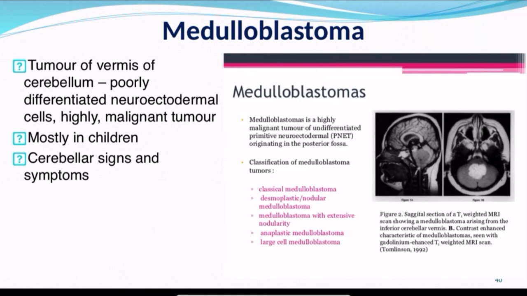The cerebellum itself can be pinned, and its parts can be asked. Its blood supply can be asked. Its function can be asked, or its fissures can be asked. So anything like that can be asked as a spotter for gross anatomy. For discussion, the cerebellum can be given as it is, and the examiner will ask you to discuss the cerebellum with the examiner. So that is also possible for a discussion on a specimen of cerebellum. So in exam point of view, in theory, it's a very important essay question, and also for spotters and discussion